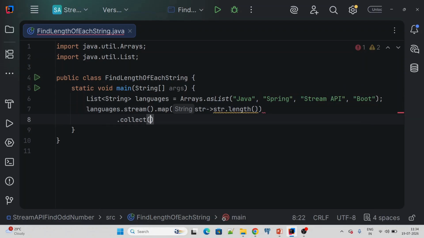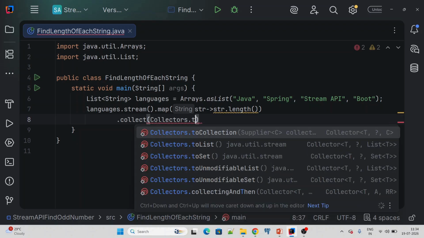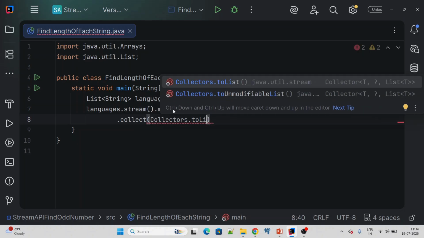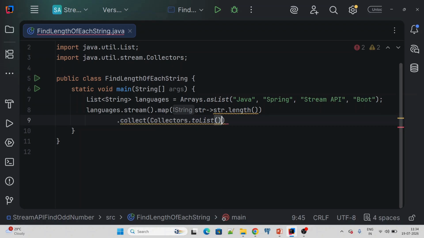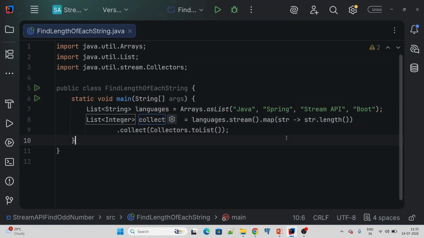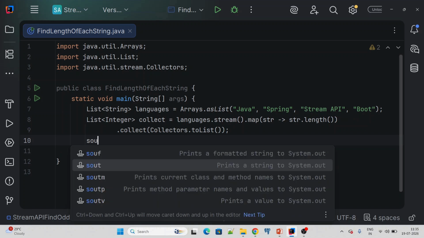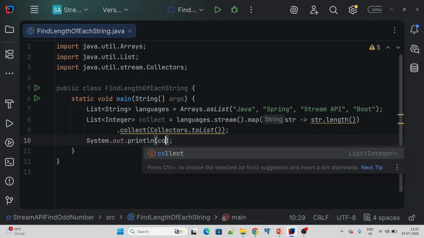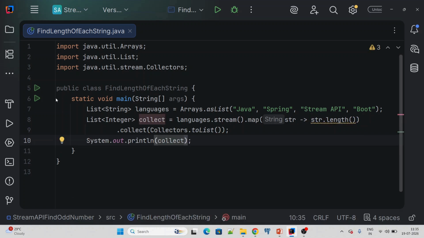So we have the collect method. Inside that we have the Collectors class. The Collectors class contains toList. What does this method toList give us? This gives us a new list. So let me introduce a local variable here again. Introduce local variable. And now if I try to print the value of that variable and try to run the application,